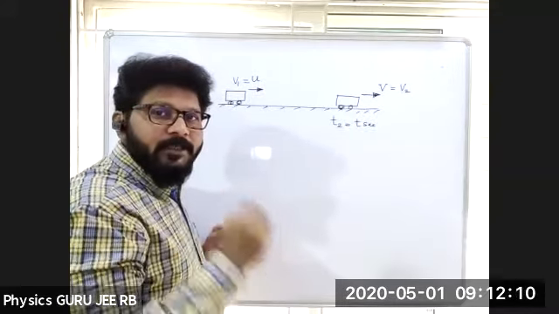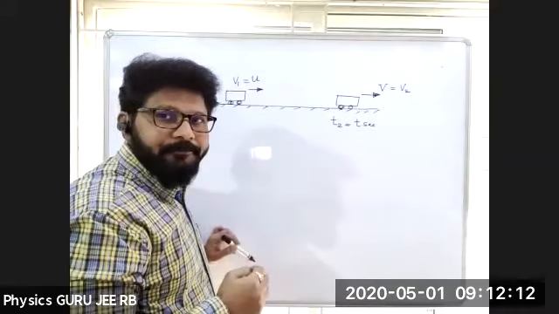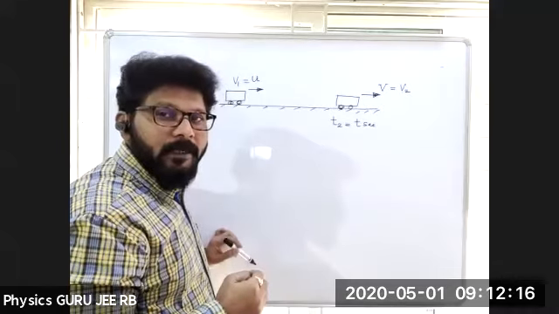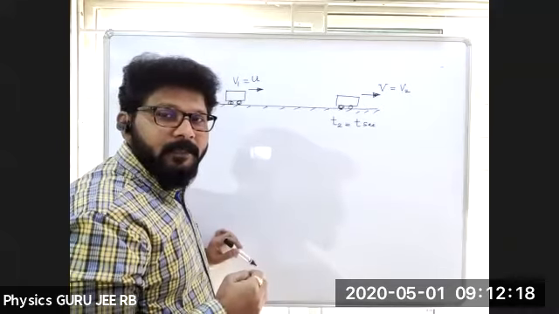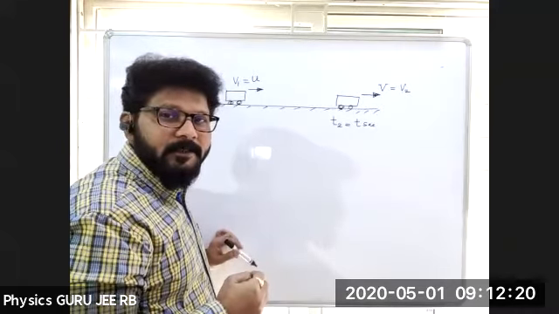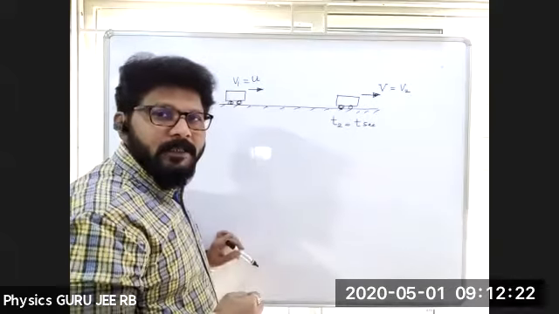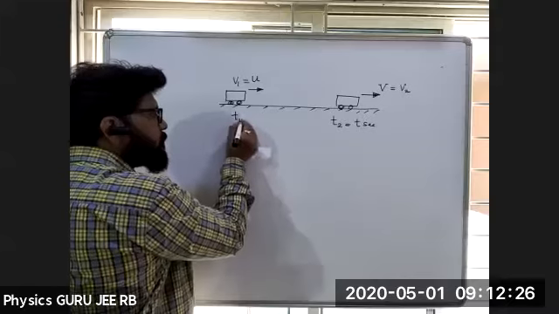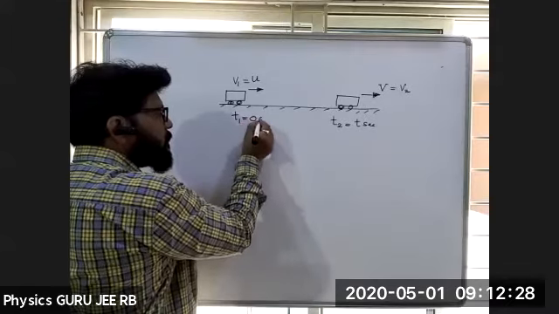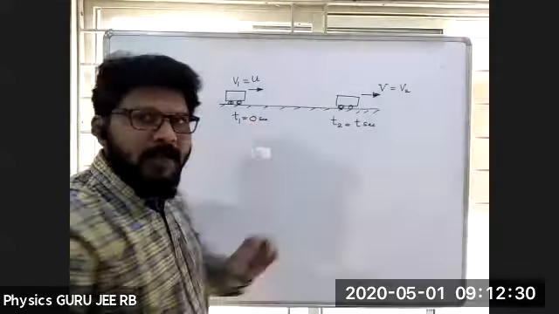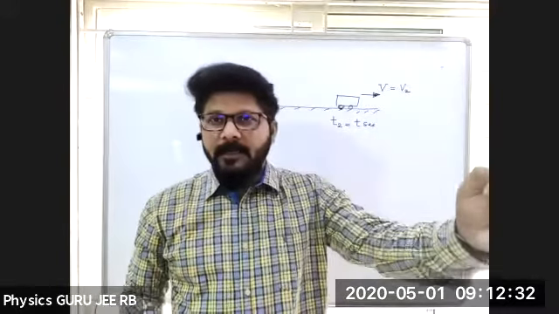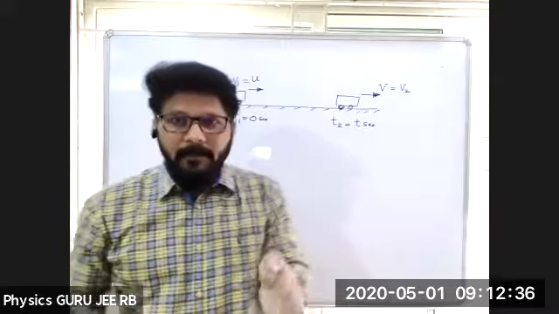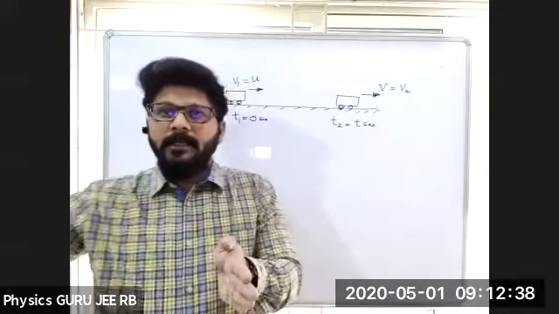Can anybody assume what the time is? Anybody? 0 seconds. So that is absolutely right. Now T1 is equal to 0 seconds. That means at that instant you started your vision at that particular point. That means from that onwards you'll be counting, right?